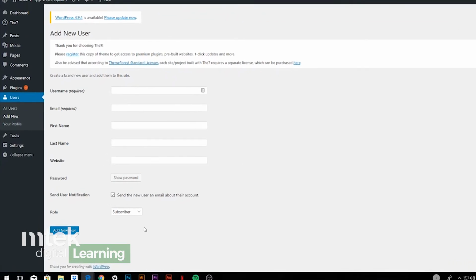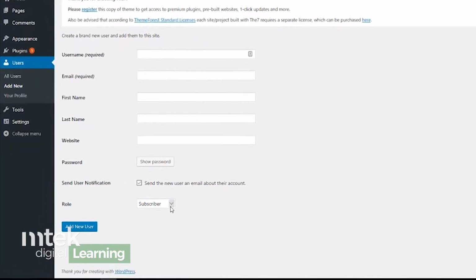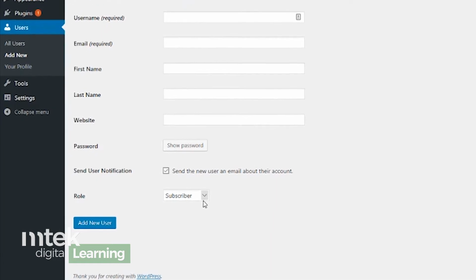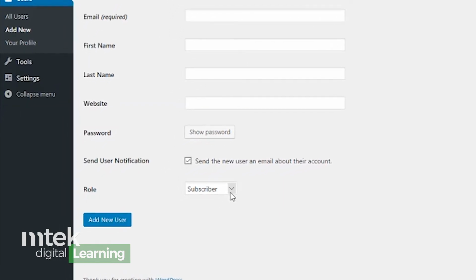And then the last thing that's really important for you as you're assigning or creating a new profile or new people to contribute to the site is what their role is. And this is important because different roles allow people different levels of access. So the administrator predictably is the top level access. They're a person who is going to be able to access virtually any tool or setting within this WordPress website.